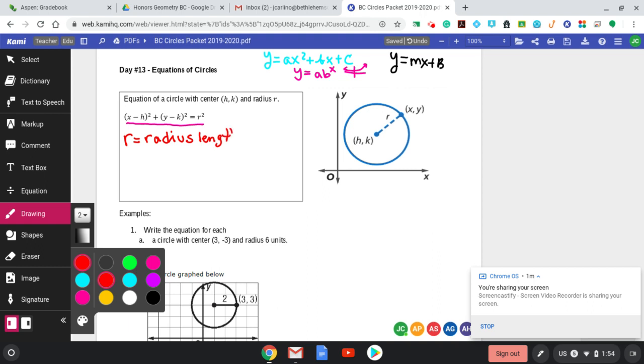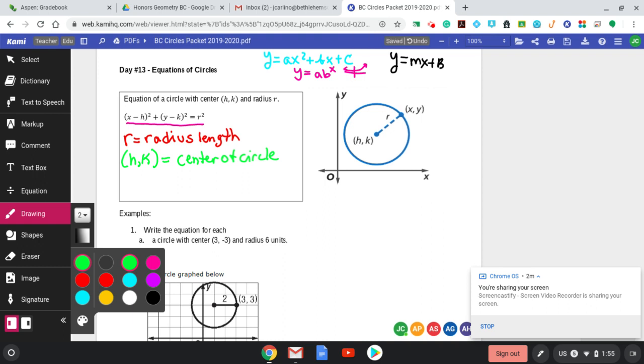And let me harp on this point right now, guys. Whatever the radius length is, you need to square that value to plug it into the equation. So whatever number you see here for r squared, that's the radius squared. And then we also need to be familiar with h and k. H, k forms an xy coordinate, which represents the center of the circle. Whatever the numbers plugged in for h and k are, those would be the coordinates for the center